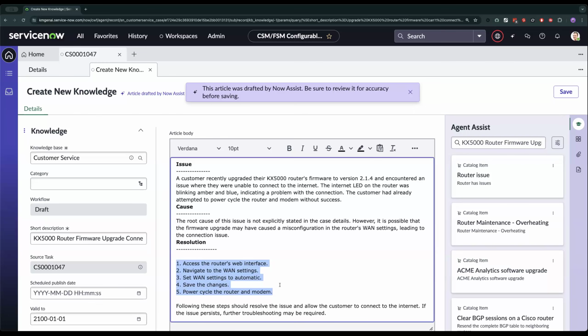We're using correct grammar and correct spelling, and I don't have to worry about typos here. So this really gives me a really good first draft. As an agent, I'm definitely going to want to take a moment to look over this and ensure that everything is correct, and that the resolution is correct, before I put it through any approval processes or publishing processes. So this is where that human intervention is still needed, but I have a really good first start here based upon all the context that I have in the case.